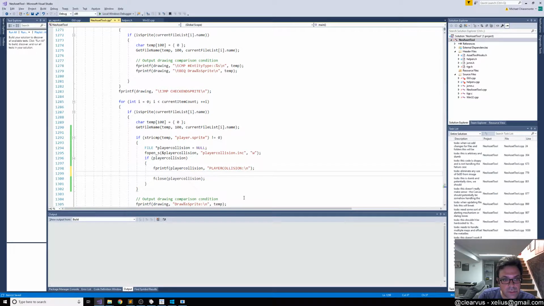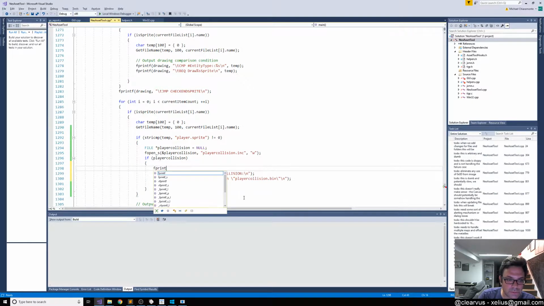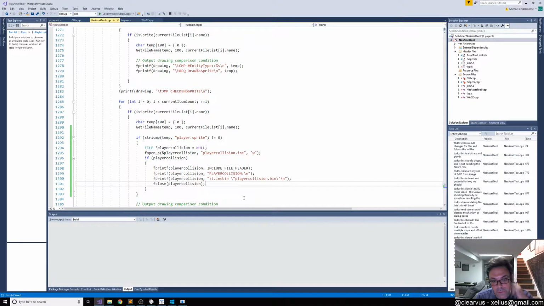Okay, so player collision, and so that's going to generate our include for the collision binary, and then